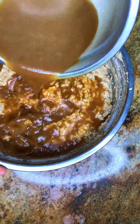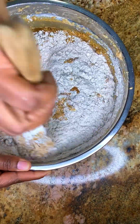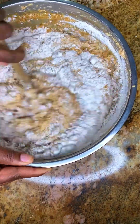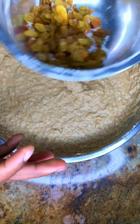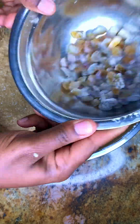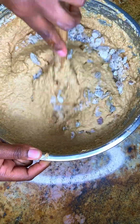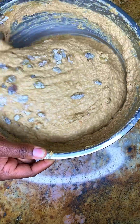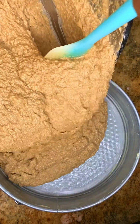I love me some raisins in my pudding, and I'll be adding some golden raisins. So I just tossed about a half a cup or close to a cup of golden raisin in that bit of flour. So we're going to mix them so they don't sink all to the bottom, and we're going to mix that in. My oven is being preheated to 350 degrees, and I'm going to bake this in there for